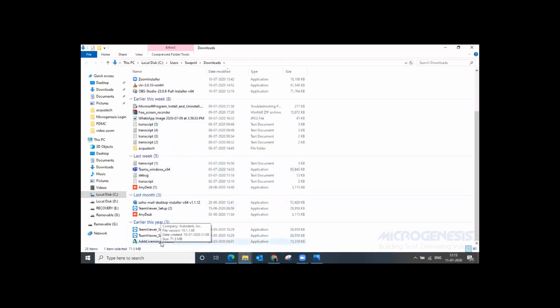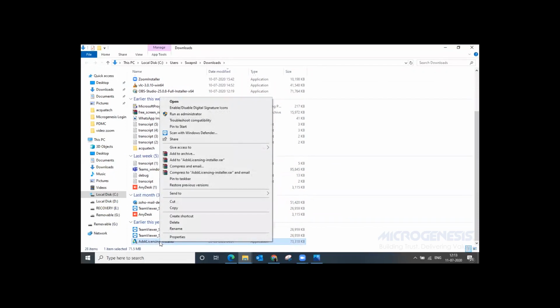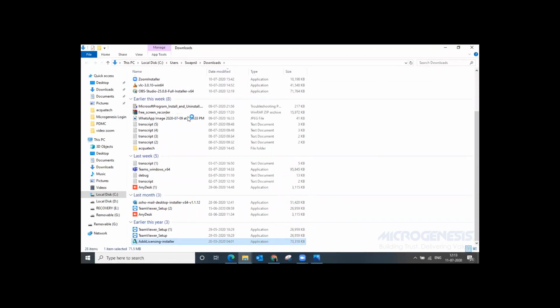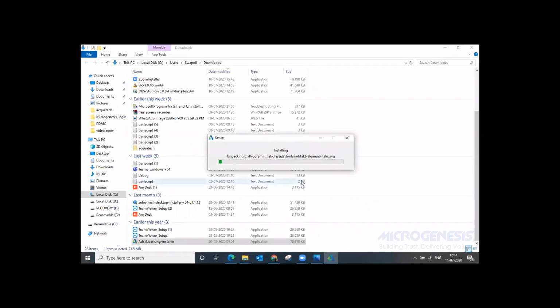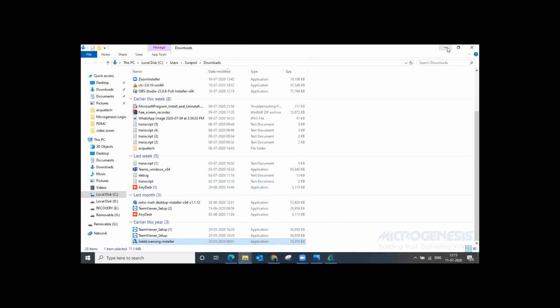After extracting that Autodesk License Service folder, we need to click on run as administrator, and we need to install the Autodesk License Service. It will extract the zip folder and install the Autodesk License Service.